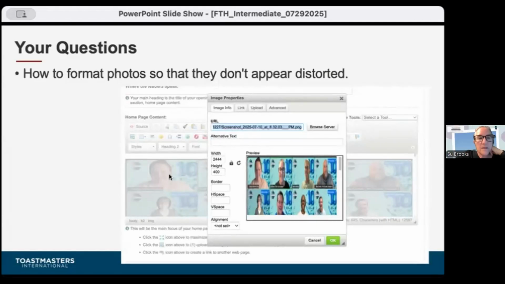Okay. If you are in the place where it says homepage content, you're in the section where you can add content, whether it's text or images.